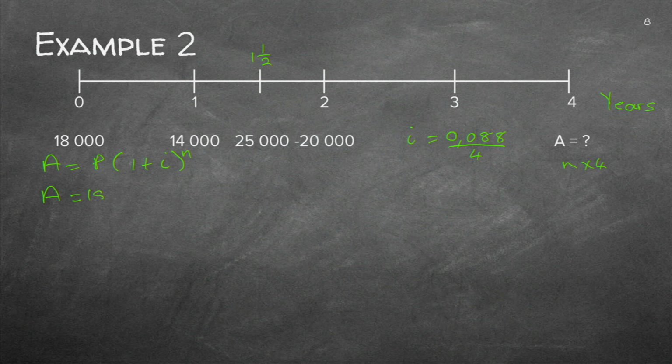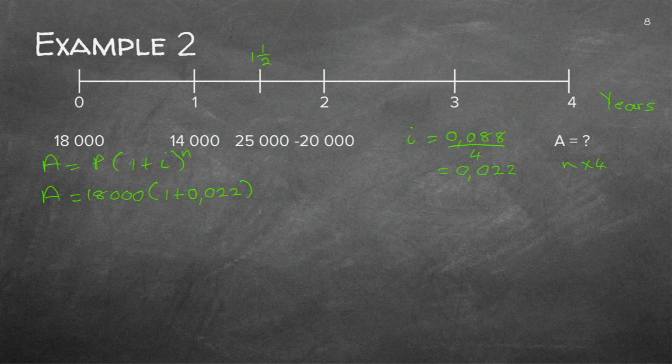I'm going to start with the first 18,000, 1 plus my i. Now, can you see this i is very easy to do? It's 0.022. Because it's very easy to just divide the 4 into the 8.8. Then I don't have to work with the fraction all the time. So now I can just use the 0.022. Make sure you know why. Because I've divided the 8.8% by 4 because it's quarters. So I can just do that, 0.022. And now if you slot that into your calculator later on, you can just slot in 1.022 because you can add that easily in your head.